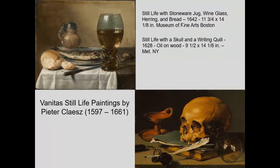Vanitas is an implication of doing something in vain, and you probably know that expression. To do something in vain, it won't succeed, or there's no positive outcome, there's no point. Taking a test if you hadn't studied at all would be doing something in vain, right? The Vanitas still life is about that type of idea of things in vain. It's a vain idea, not about your own personal appearance. It's a vain idea to think that you will live forever, stay young and fit and healthy with no problems,